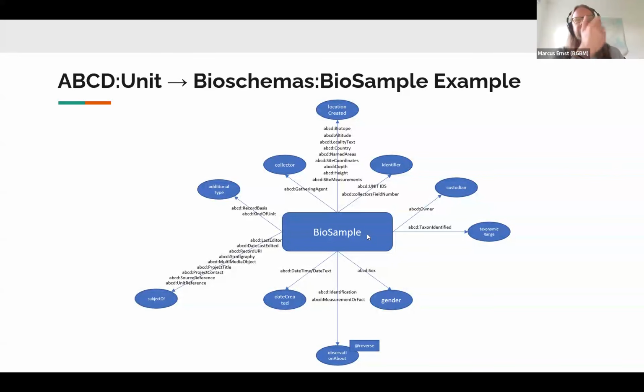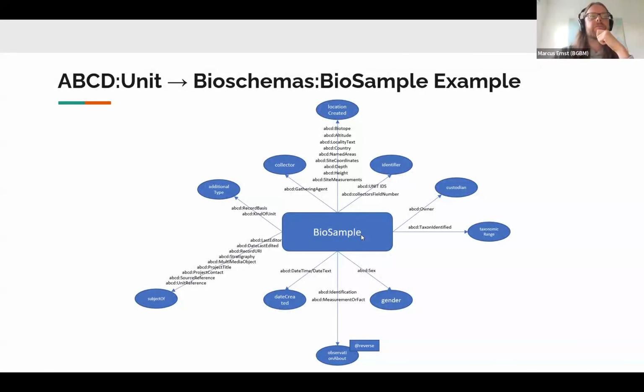This figure also illustrates that the vast majority can already be translated into BioSample properties, but at the same time, this graph complexity shows that the modeling becomes difficult, especially when specific groups of ABCD concepts have to be condensed or redistributed across Bioschemas properties.